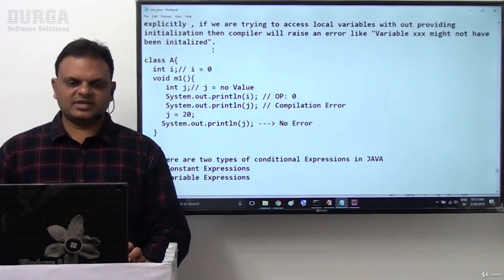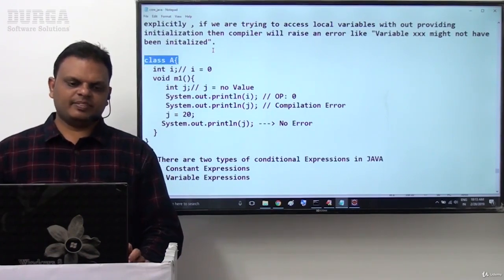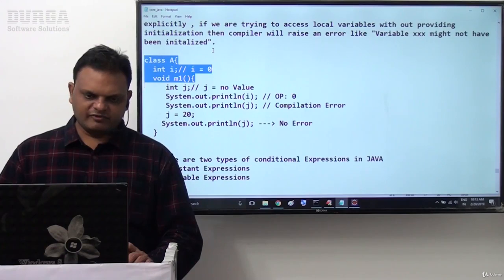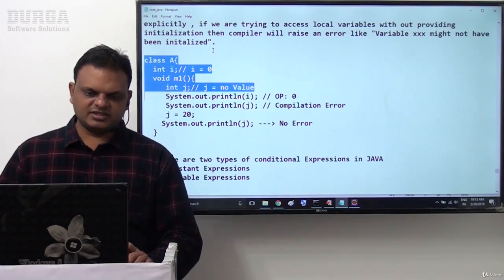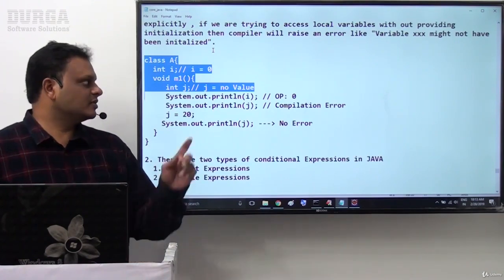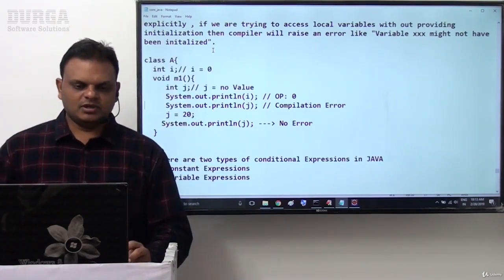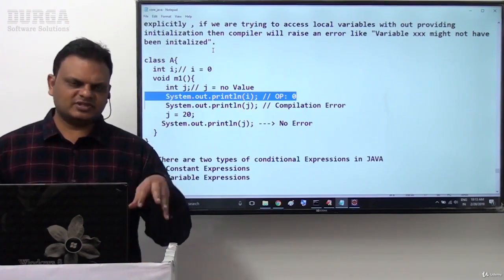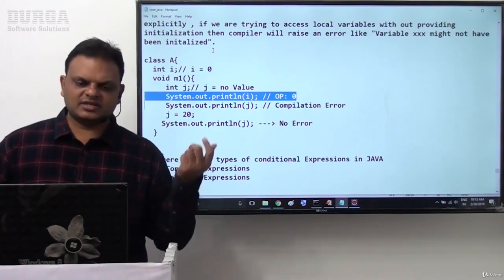Example I have given: class A, int i semicolon, void m1 method. Inside this I have written int j semicolon. The i variable is a class level variable and the j variable is a local variable. We have not provided any initialization for the i variable and we are trying to access it.